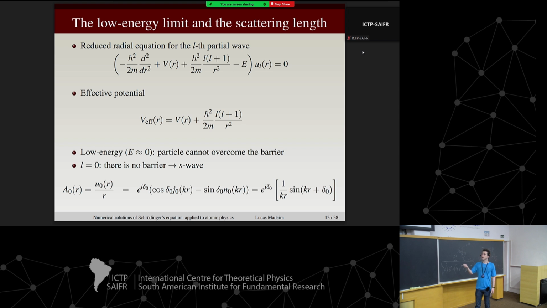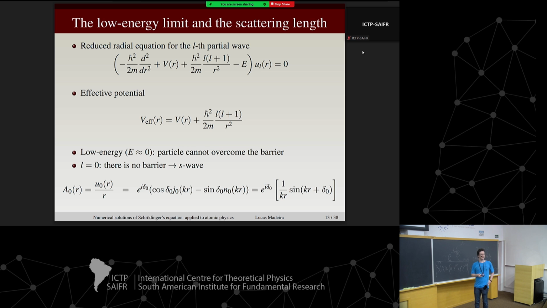And you all know another name for L equals 0 is S wave. So that's what we are saying when we say that we're doing S wave scattering, all right? The radial wave function, you can write it for the L equals 0 components. You have your phase shifts. You substitute the Bessel function of the first kind for L equals 0 and the Bessel function of the second kind for L equals 0, and you get this nice expression here for the behavior of your radial wave function with the phase shift. So here it becomes pretty clear why it's called a phase shift. It's a phase inside the sine.